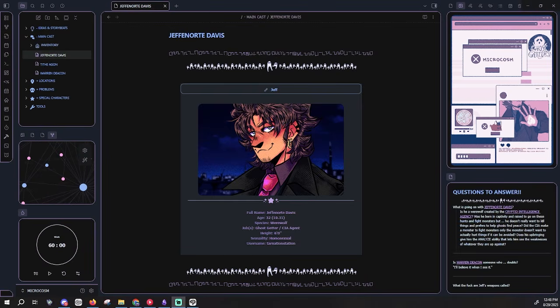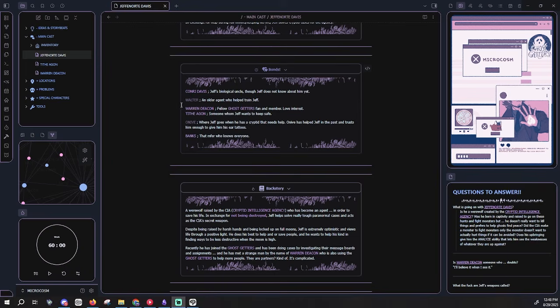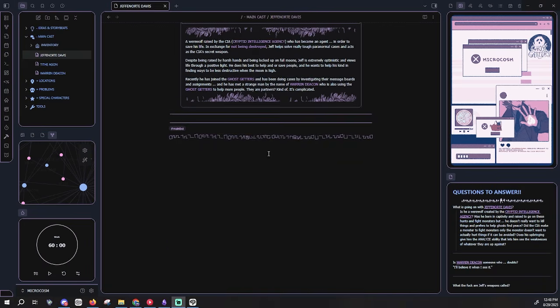Alright, so I actually ended up working a little bit more than an hour on this. I have all of Jeff's current information filled out. As you can see, some of his bonds are not highlightable yet, and as you're writing thoughts and stuff, if you have a thought that you want to not focus on for a minute,